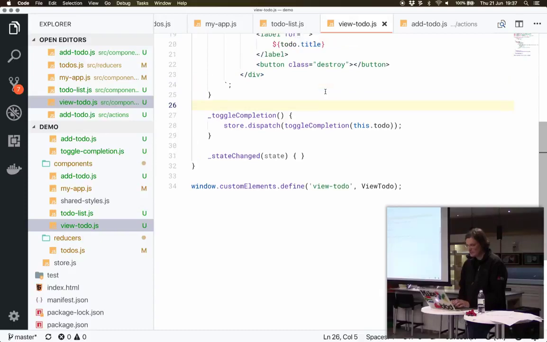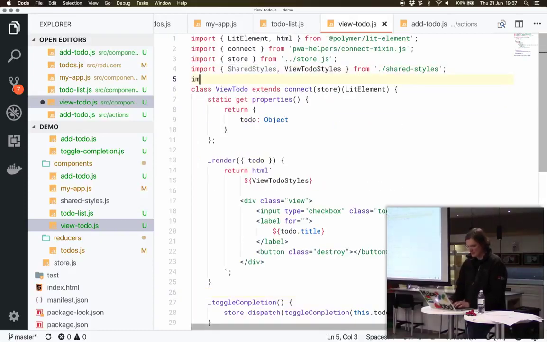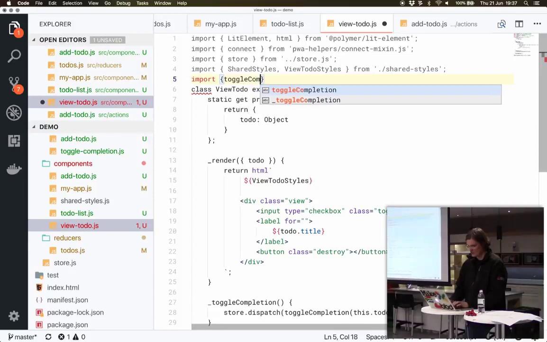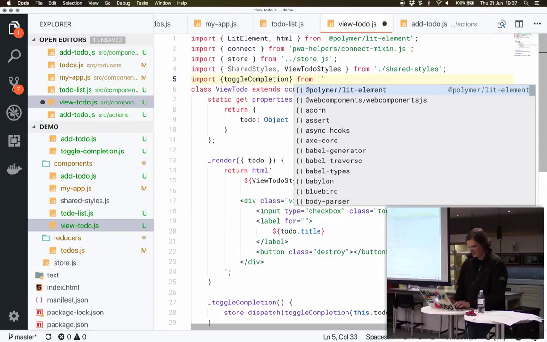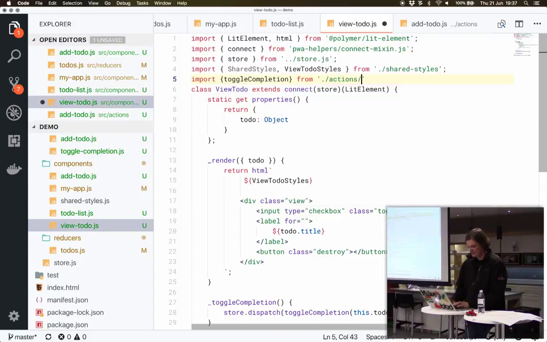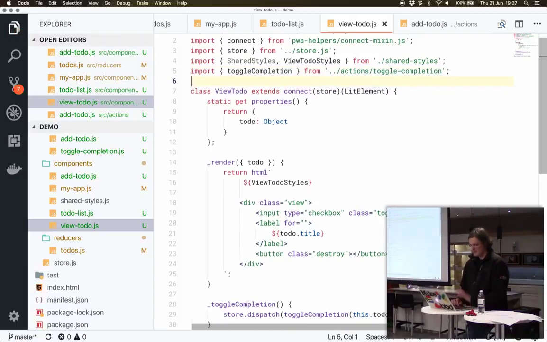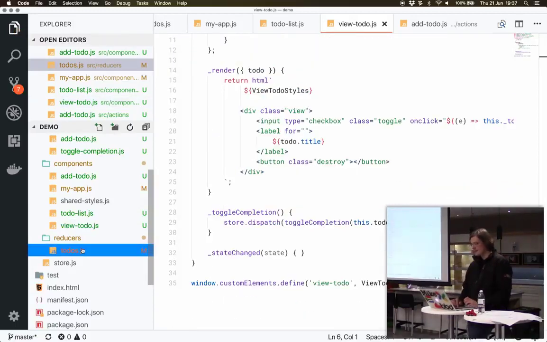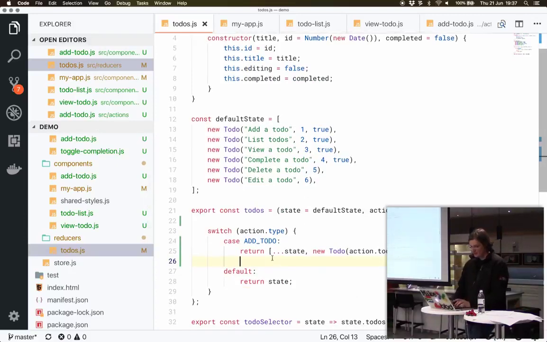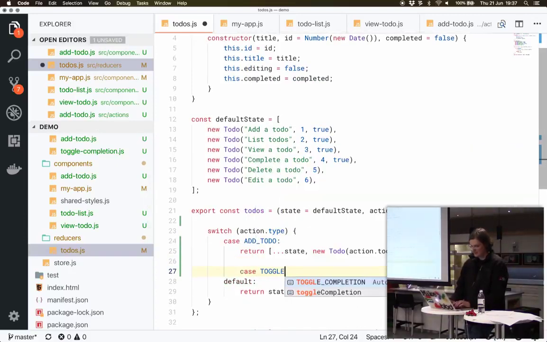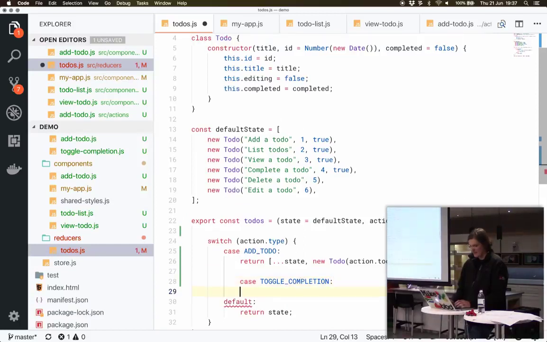All right, so toggle completion, I need to import it at the top here, which sucks. So import toggle completion from actions, toggle completion, and it's double dot, right? Double dot. Of course it's double dot. Okay, so that should work. Now in my reducer, I need to respond to that. So in here, I'm going to case toggle completion, and as a part of that,